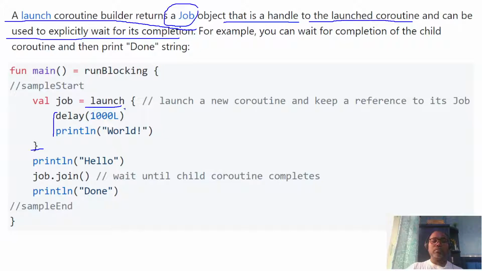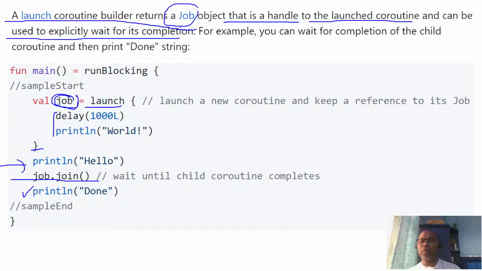So whenever you use launch, you can take a handler, and from here, you can say that first our launch should complete, then I want to continue. So this is the kind of handler we have.